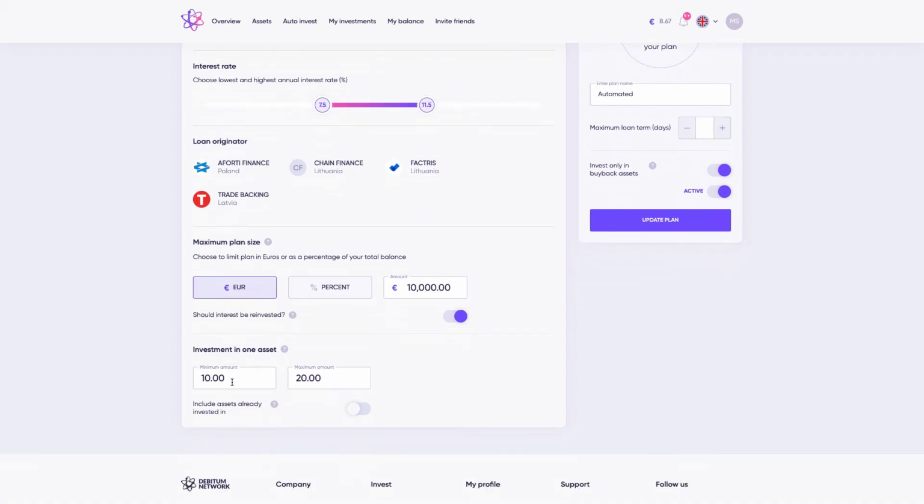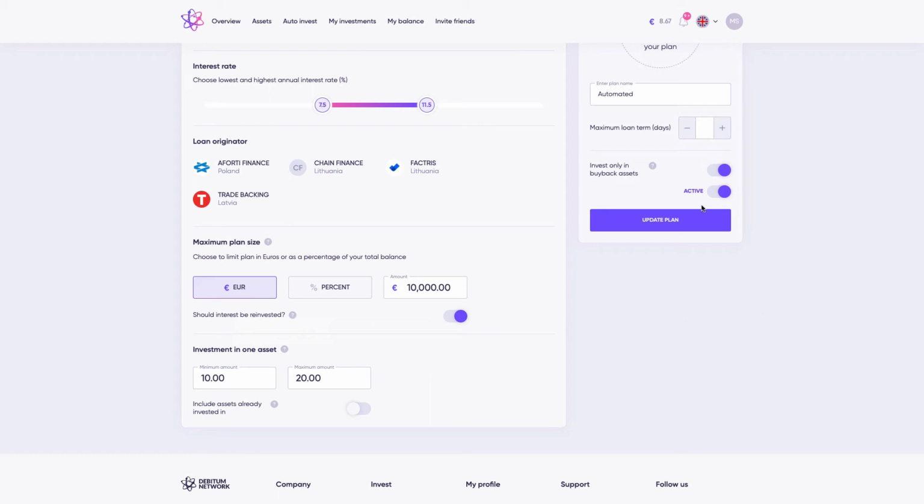I also put a minimum amount of 10 euros. I put a maximum amount of 20 because at some point there were not enough loans on the platform when I first started to invest. Now it's okay. Now I don't have any problems anymore to actually invest in new loans, so I might change that in the future. But I recommend that you put just 10 as a minimum and maximum amount, so you really diversify your portfolio on the platform.